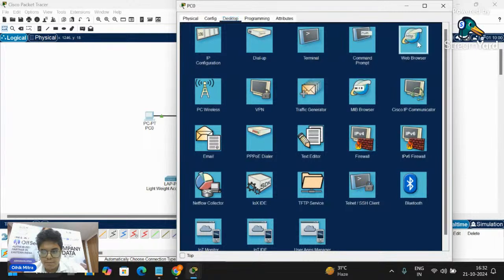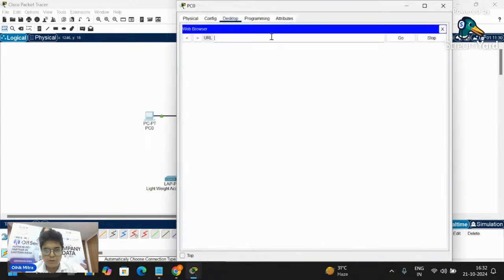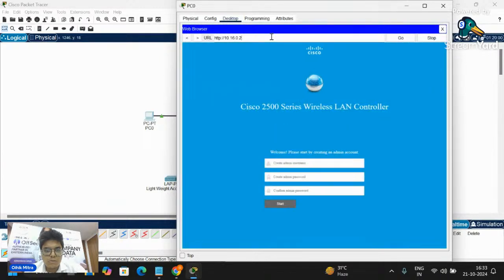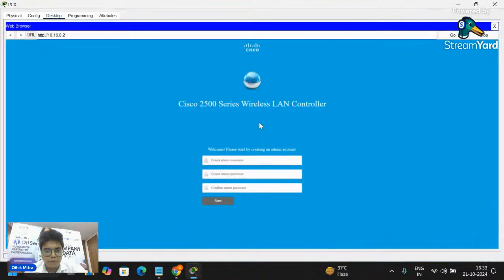Now go to the web browser and check 10.16.0.2. Yeah, finally we have got the login page, the admin page.